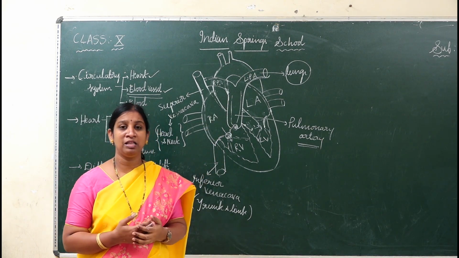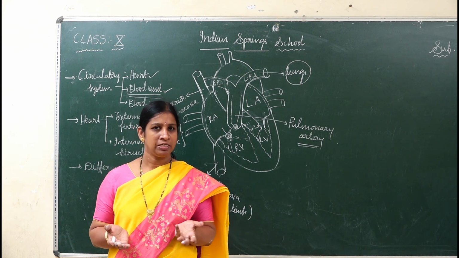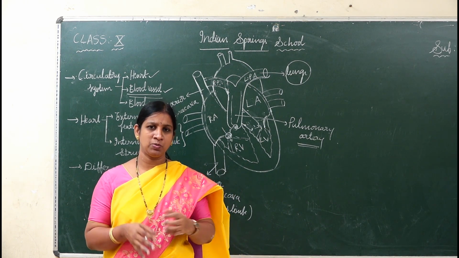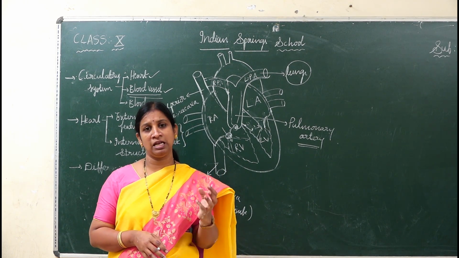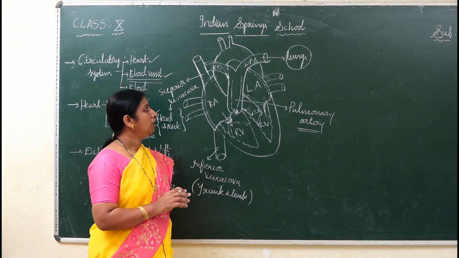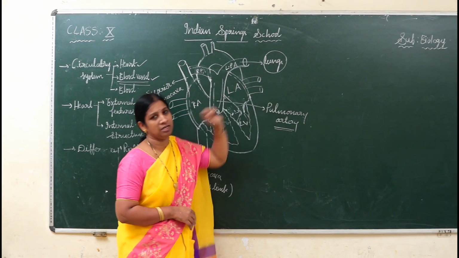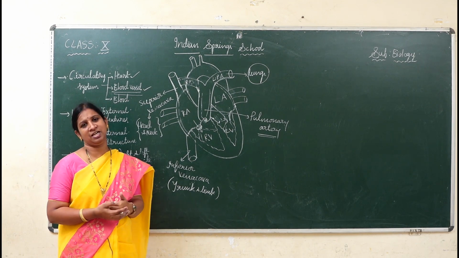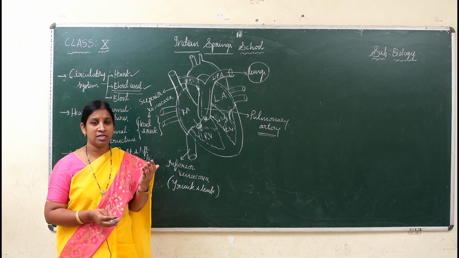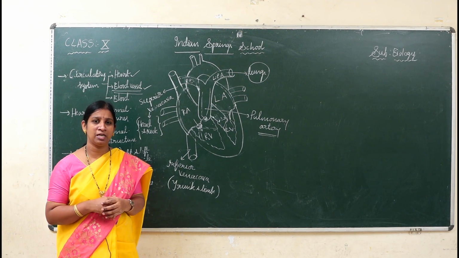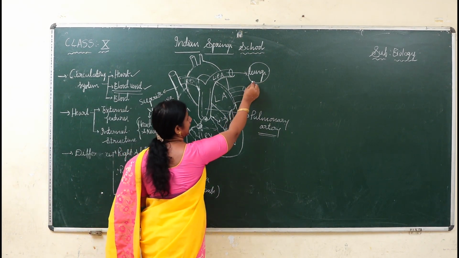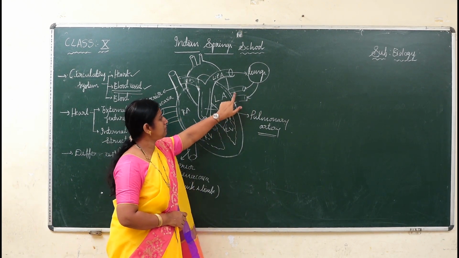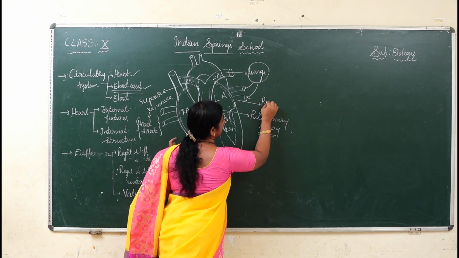So you already know what the lungs will do: gaseous exchange will take place. At the alveoli the carbon dioxide present in the blood vessels will enter into the lungs, and oxygen present in the lungs will enter into the blood vessels. So oxygenation will take place near the lungs. After oxygenation, we call that blood oxygenated blood again. In this way deoxygenated blood is converted into oxygenated blood. Now this oxygenated blood is sent back through other blood vessels. These blood vessels are called pulmonary veins.